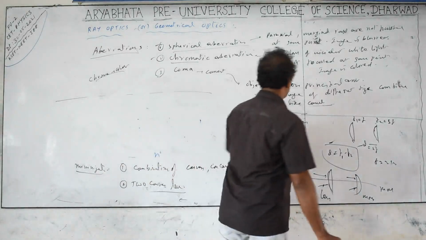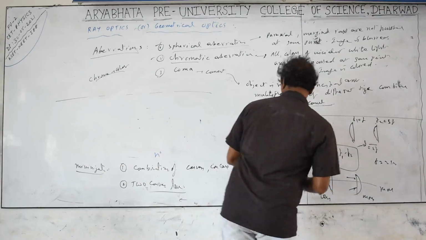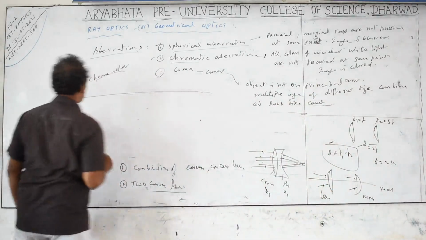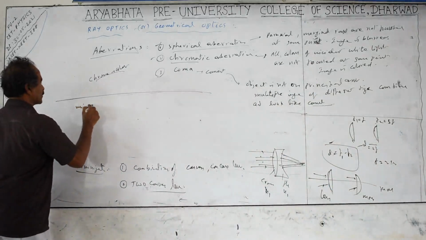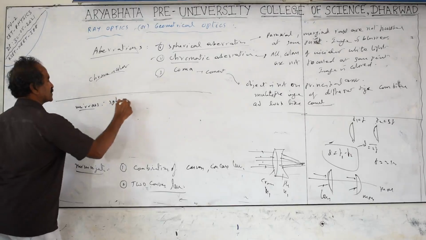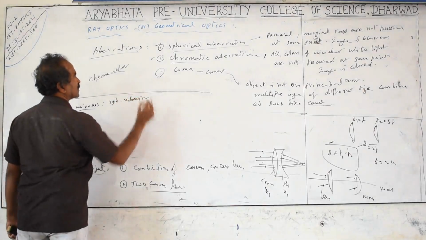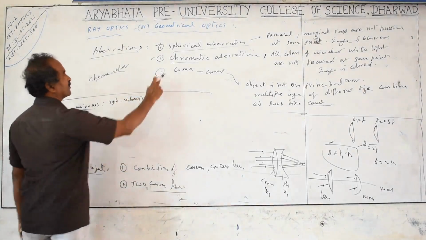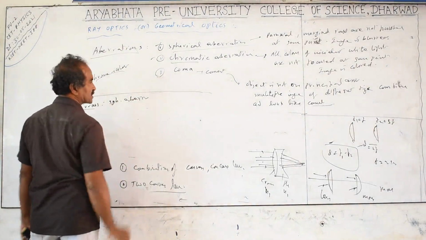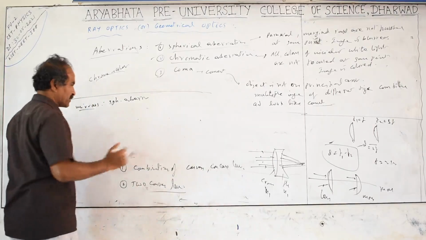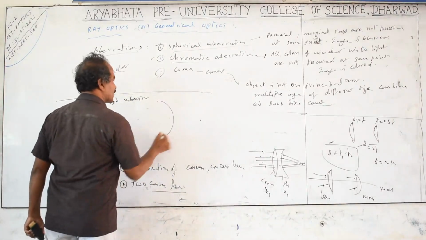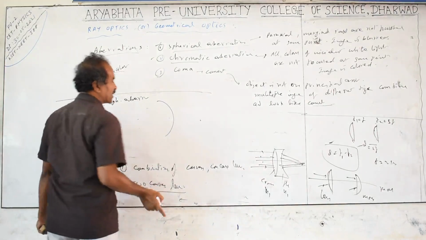Mirrors also have spherical aberration. This is the condition for the lenses we discussed. For mirrors, there is spherical distortion or aberration. Distortion is also one type of aberration, but generally distortion means not clear images, a blurred image, multiple images. More light rays focus at the same place, so you will not see much brightness. So if you take spherical mirrors, both convex and concave, aberration will be there.